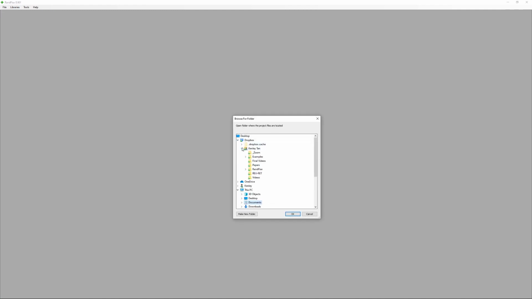I'll go into my Dropbox and we can select the folder that already has some work done inside. In this case, it already has some materials and a device file inside here. So we already see what's inside the project Explorer. And say if we want to add in a new file,